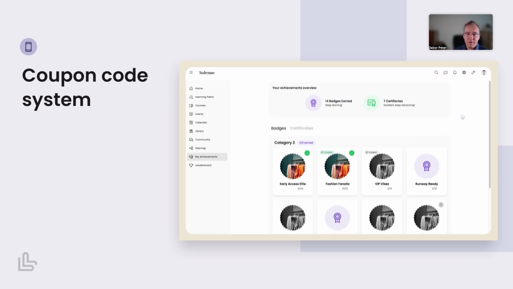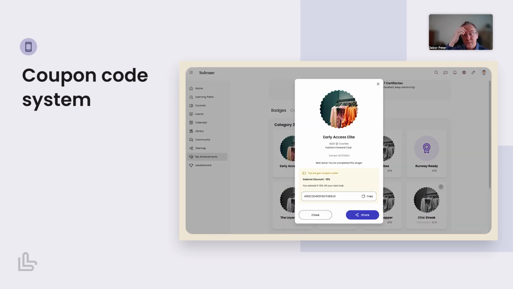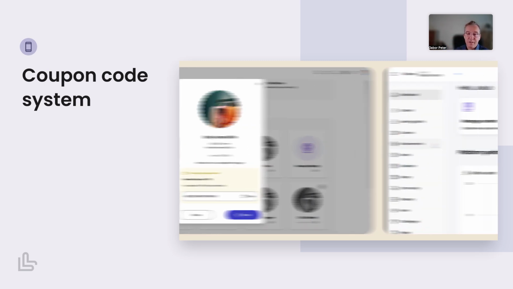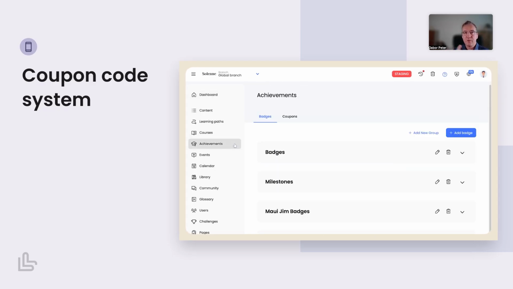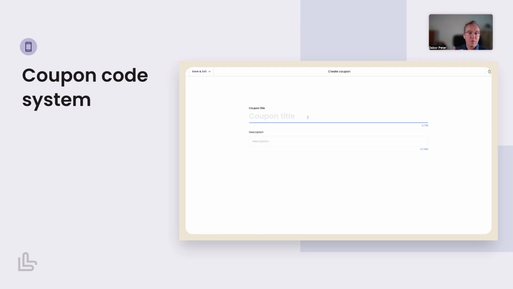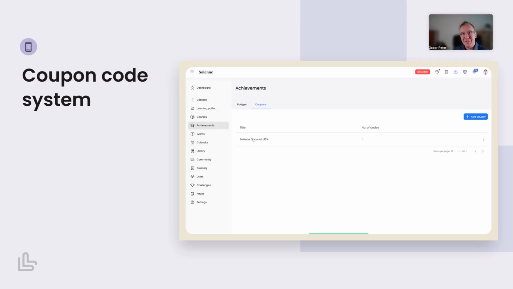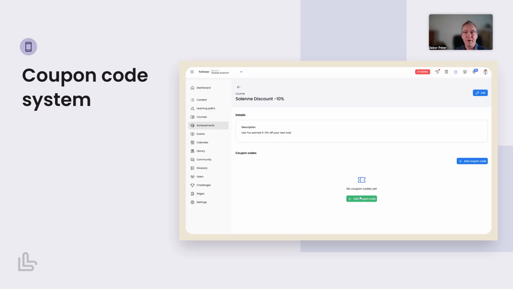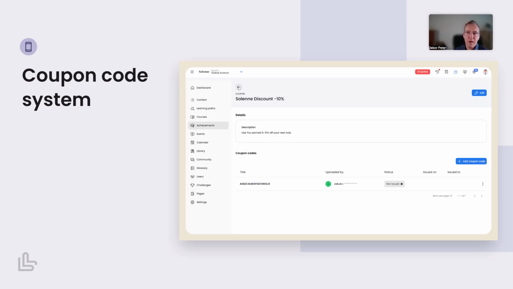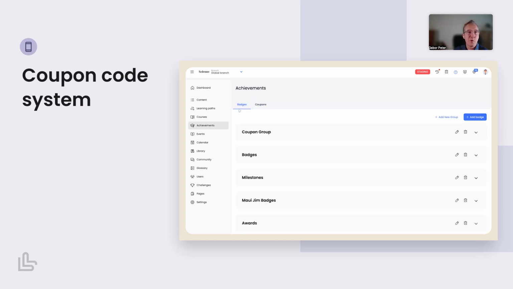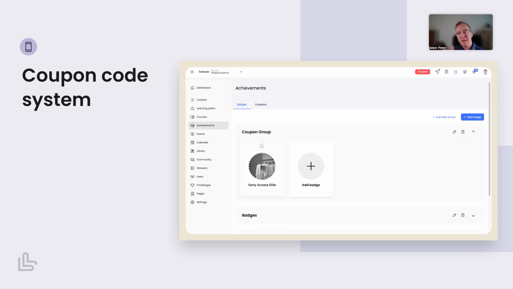When you're ready with uploading all this, the next step is the badges part: you select which badge you assign this coupon to, because of course not all of your badges need to have a coupon. You decide if you want one or more badges. When someone completes something and gets a badge which has a coupon, then the code is going to appear. So it gives a lot of flexibility to say after which action I'm going to give this coupon. It has to be a badge in the middle, but anyway,